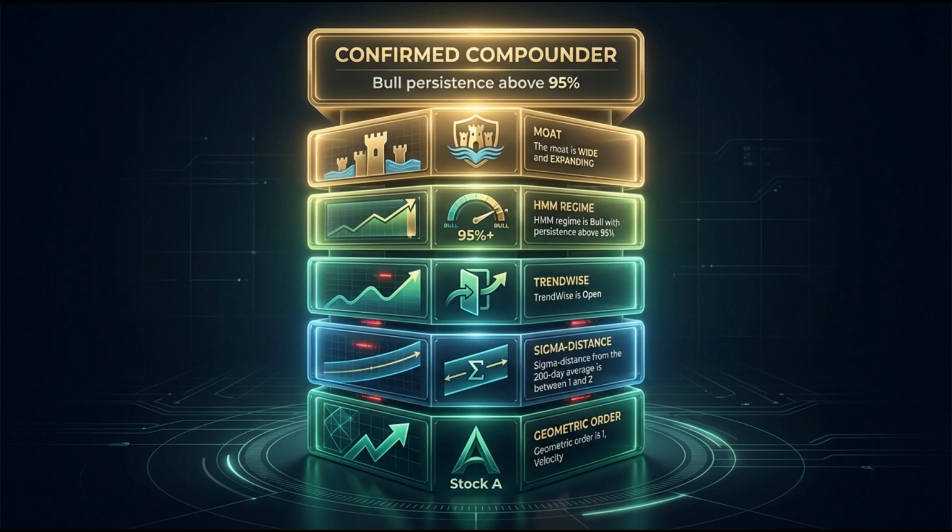I pose this critical question to you. When a compounder reaches perfect consensus, does the absence of doubt become the greatest risk to the capital? That implies the system is incapable of pricing in consensus, which it explicitly does through the regime and entropy layers. If the consensus becomes toxic, the geometric order will fracture and the score will degrade. It prices it in, but human capital allocators often misinterpret the peak.